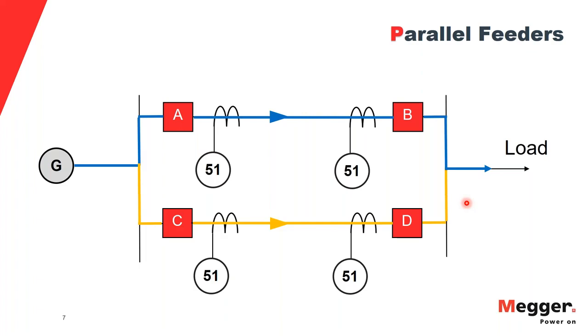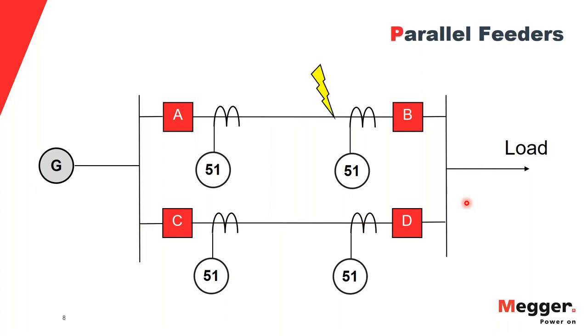In a nominal flow of the system, you would see that the current will flow through breakers A, B, C, and D to the load. Now keep in mind, since I said that the impedances of those transmission lines are exactly the same, I would have equal current flowing on my line between A and B and my line between C and D. So let's say